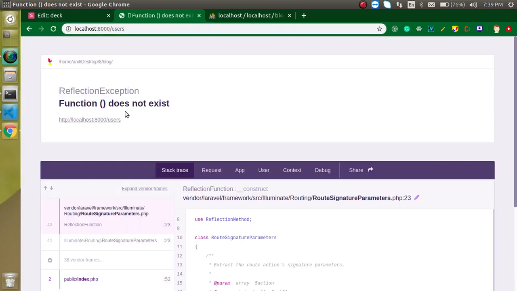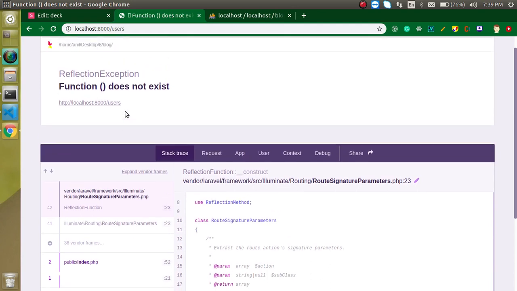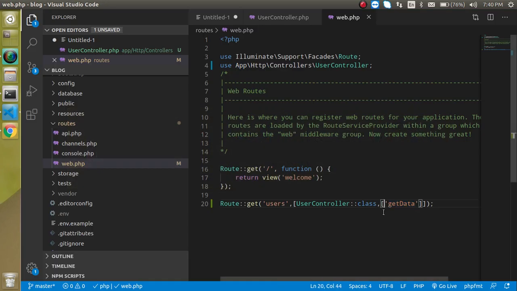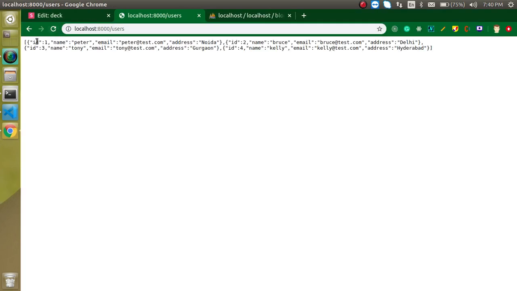All right, we got an error that the function does not exist, right? Let me check what's wrong with it. I actually got it. I don't need to put an array again, it will be a simple parameter of the array. This is the second value of the array you can see. And now let's refresh it. Now you can see that we are able to get the data. If you watched our previous video, then you can compare that in the previous video and in this video the data which is fetched from the database is the same. That means you can use the DB classes or the model, we fetch the data in a different way, but the data will be the same.